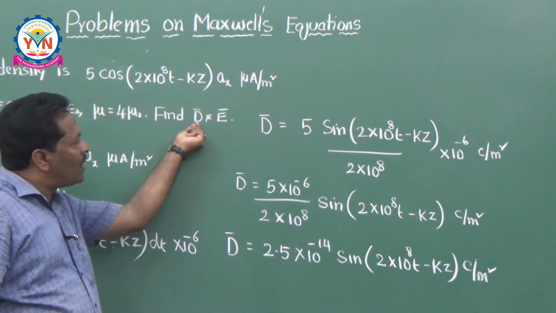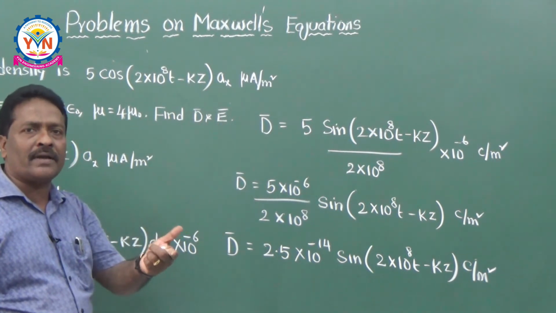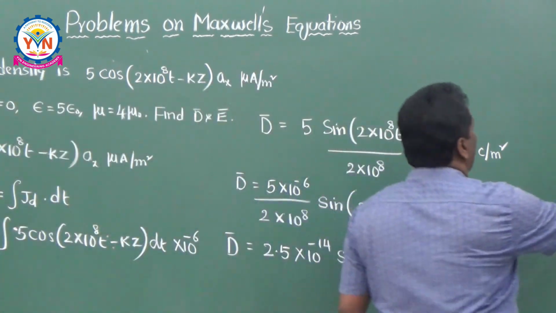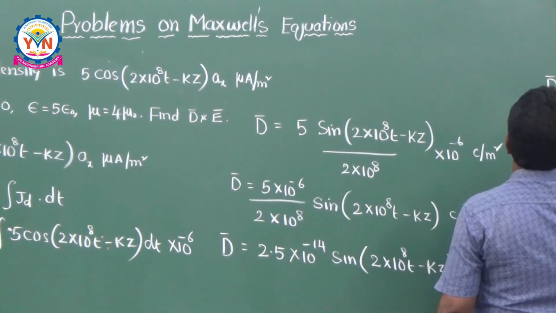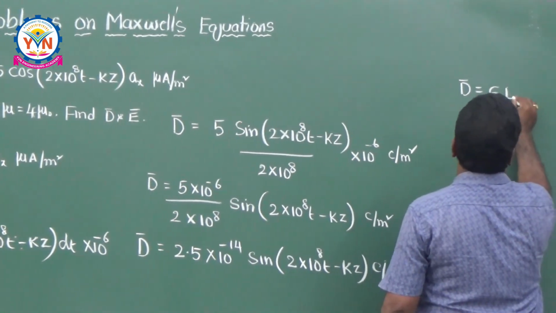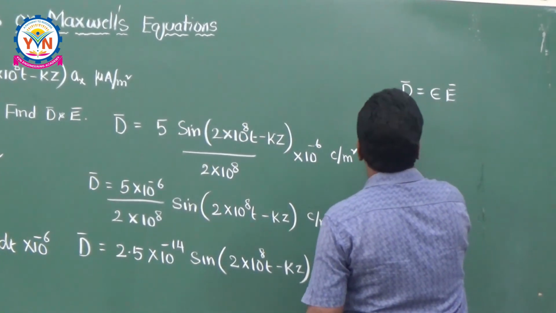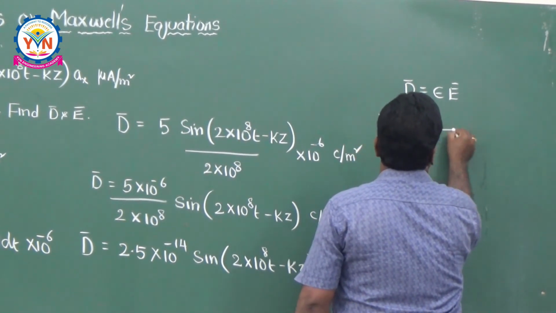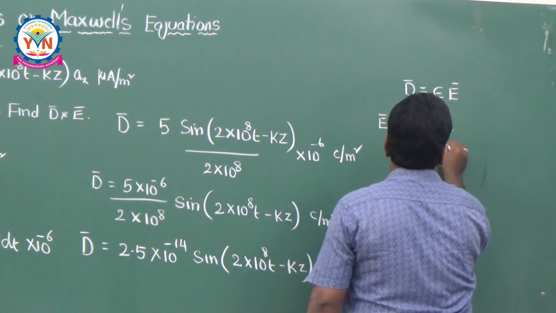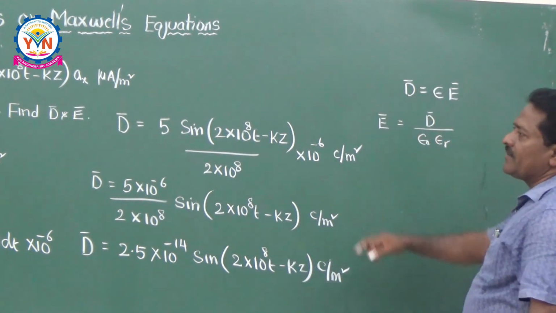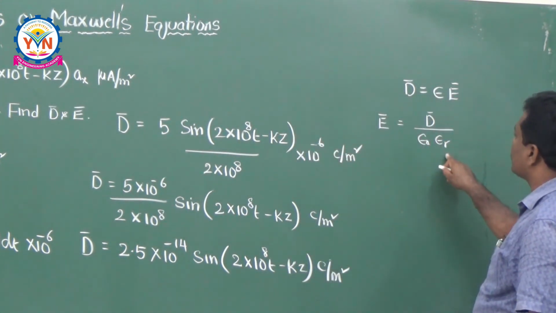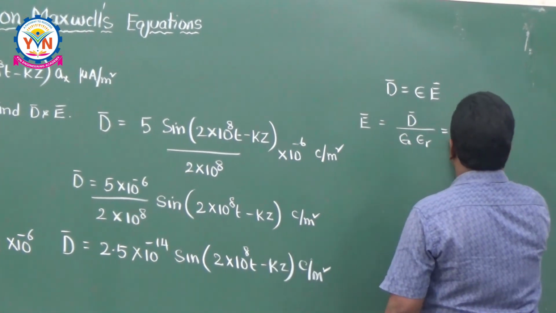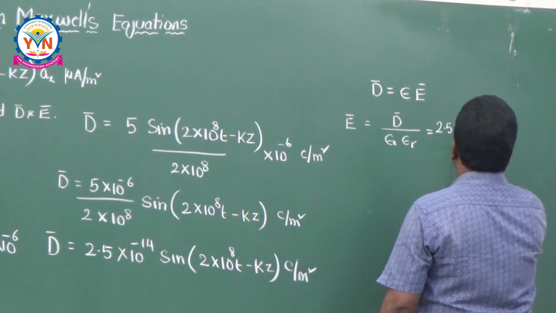Once you know this D bar, happily you can calculate E bar because you know the relation between D bar and E bar. So D bar is equal to epsilon naught epsilon r times E bar. Therefore, I want E bar. E bar is equal to D bar divided by epsilon naught into epsilon r, but he has given the total epsilon as 5 epsilon naught. That's why you can say, what is D bar? 2.5 into 10 to the power of minus 14